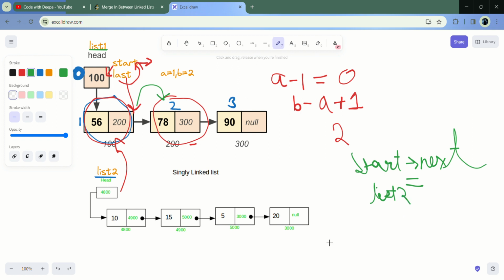Now for last, after running the loop, I will reach this point, and here what I will do is, my last's next we have to put back here. Okay, last will not point here, last is for this one. Okay, let us say that last is pointing here, and after that I have added my list 2 at the start. I have added. Now what I have to do is, I have to remove this, and after that this should point back to my 90. Okay,